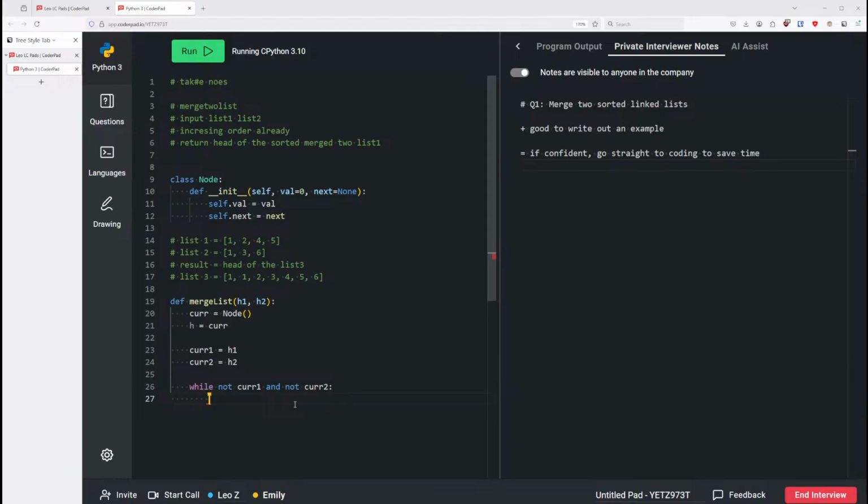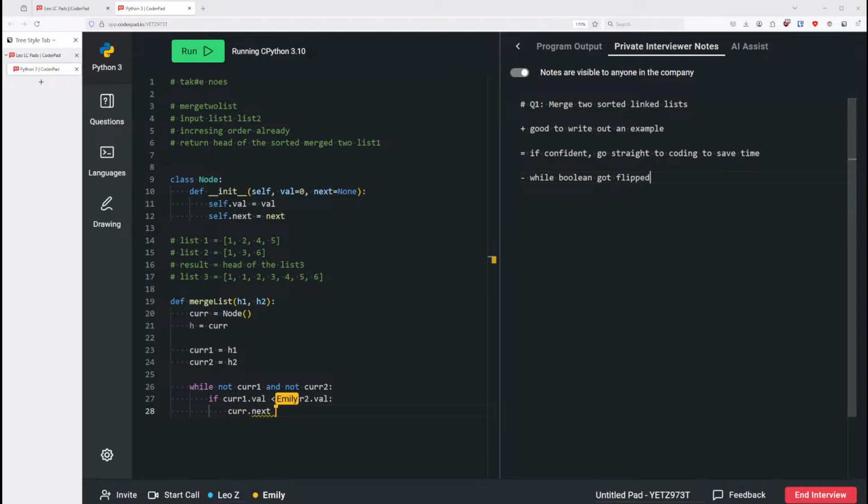Okay. So, while current1 and current2 both exist, we want to compare their values. If current1's value is less than or equal to current2's value, we want to get the dummy node linked to current1, which is the smaller one. So I'm going to do current.next equals current1,